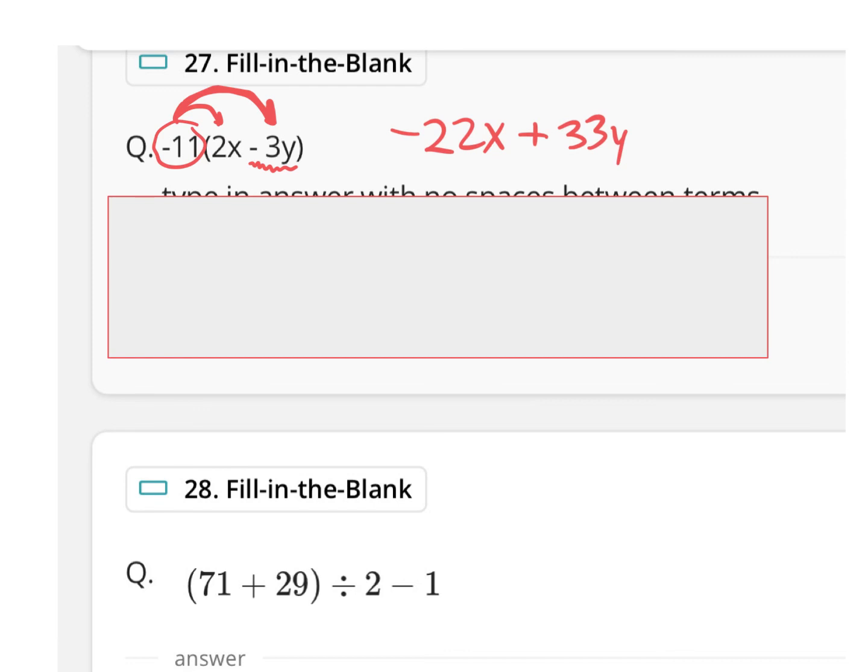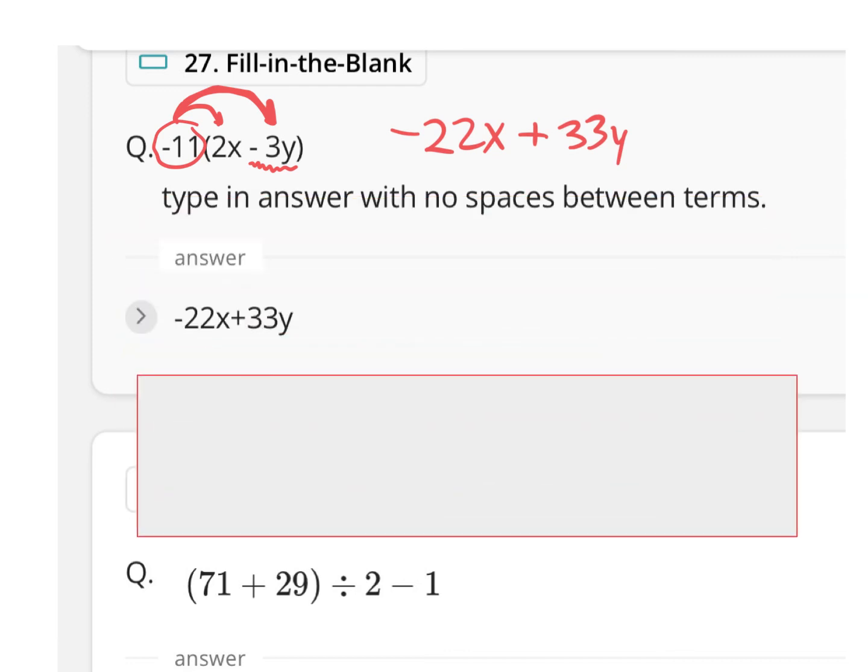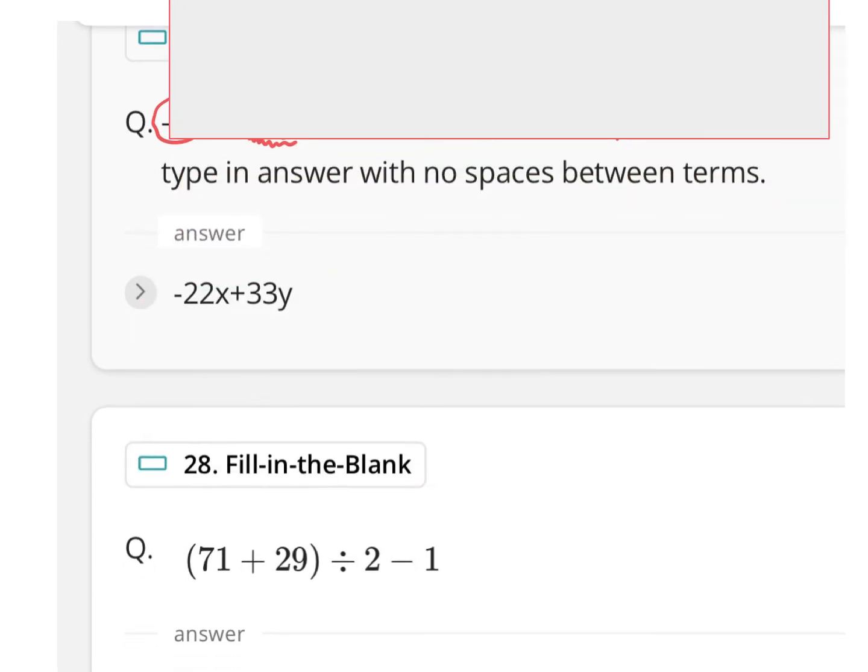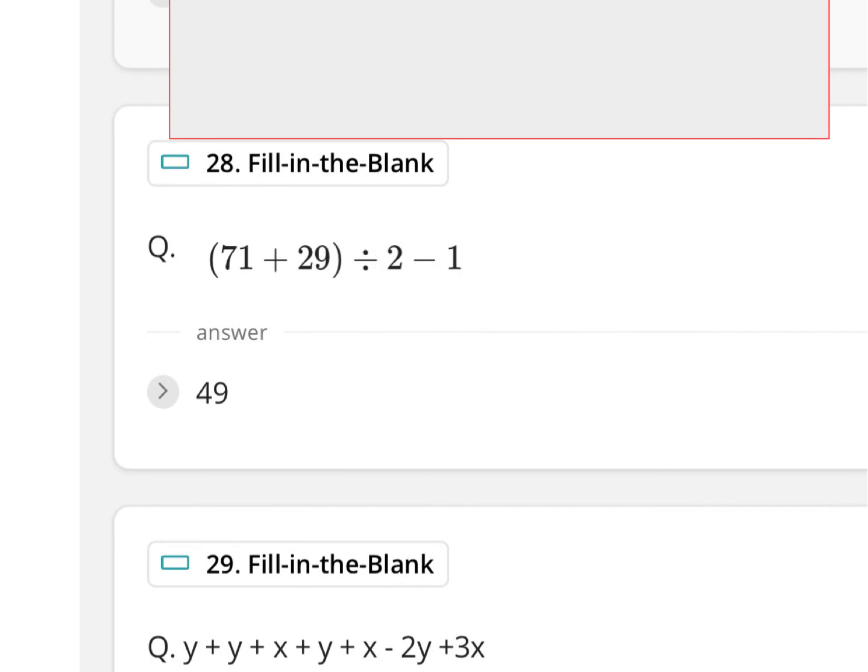And ladies and gentlemen, that is our answer. Negative 22x plus 33y. Okay, always put the x term first before the y term. Always try to stay in order, in this case alphabetical order. If you ever have answers with A's, B's, and C's, put the A first, then the B, then the C. Anyway, this next one, number 28, it says to simplify, well, it doesn't say simplify, but that's what